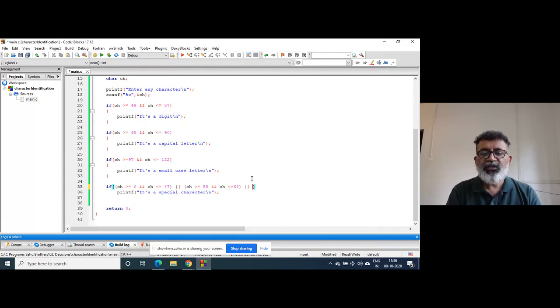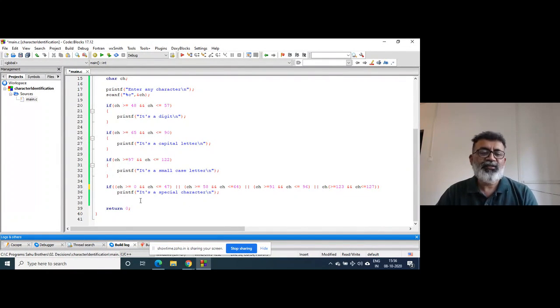Logical OR, CH greater than or equal to 91, double ampersand, CH less than or equal to 96. Logical OR, CH greater than or equal to 123, double ampersand, CH is less than or equal to 127.